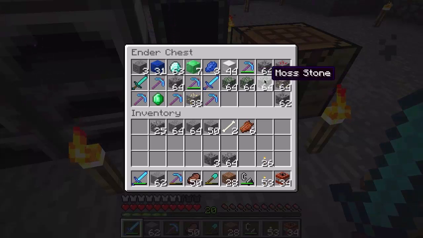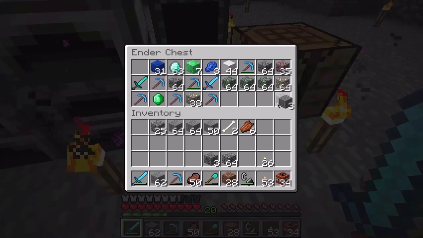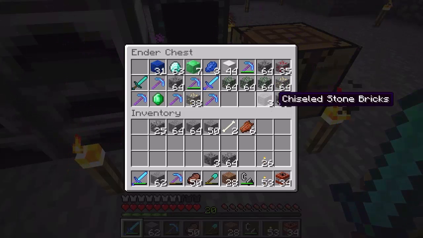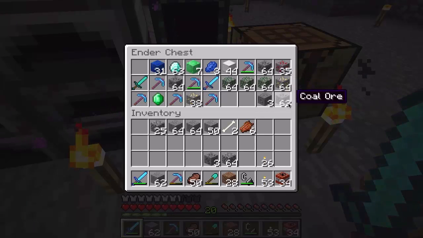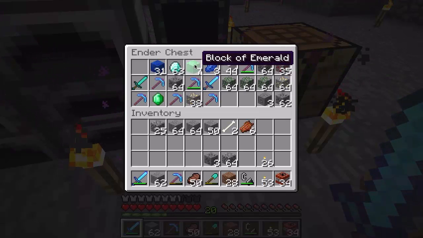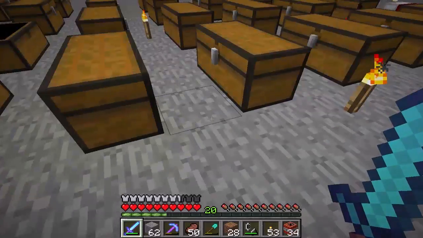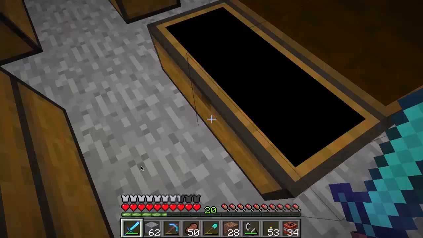Some moss stone from the various dungeons that I plundered. And oh, they're calling them chiseled stone bricks now. 3 of these from a jungle temple that we found. Bunch of iron. I got a ton of emerald. I found a ton of emerald, and there's still a bunch left in these chests behind me. And then my diamonds. So I think that there's...